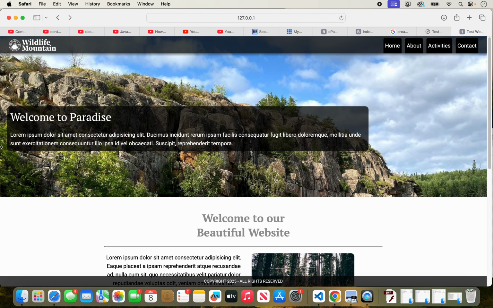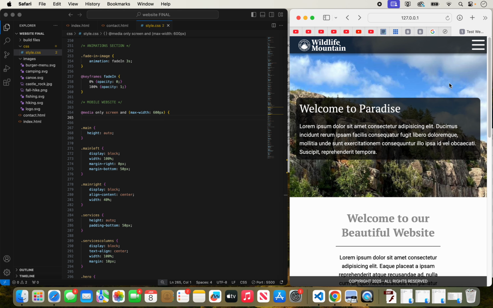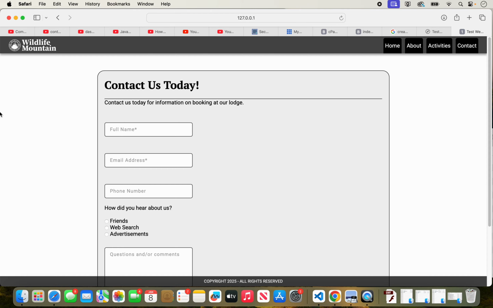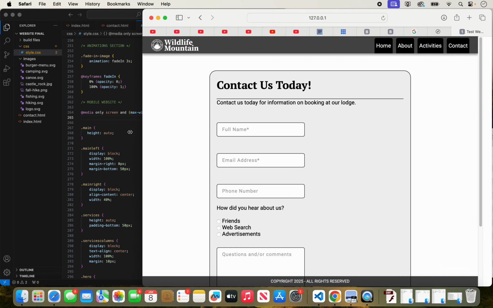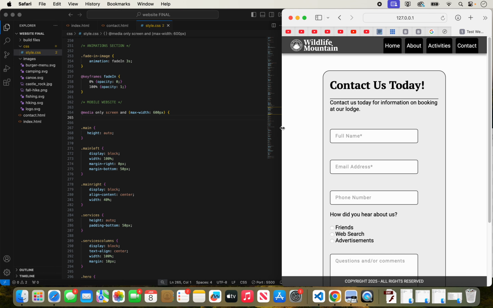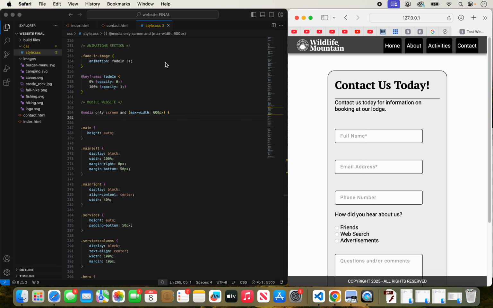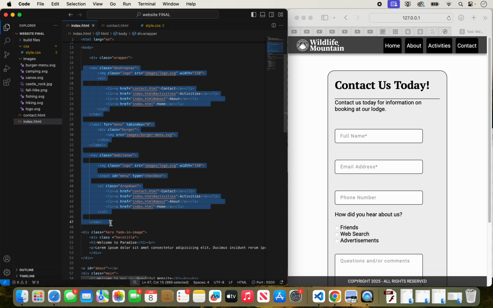By going to the contact page, I just reminded myself of something. Again, you will notice on this page, it will work responsively. But if you remember, when we went to contact, we made a separate HTML file. That one will not have the responsive setting added. So what we need to do, I might as well do it right now since we're working on it anyways, is from our index page, we could copy this nav section, this whole entire nav section,